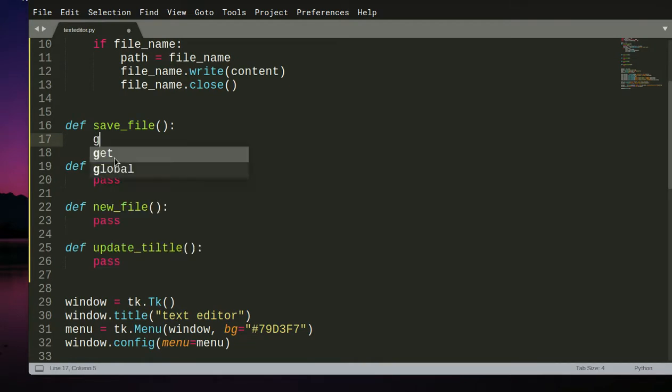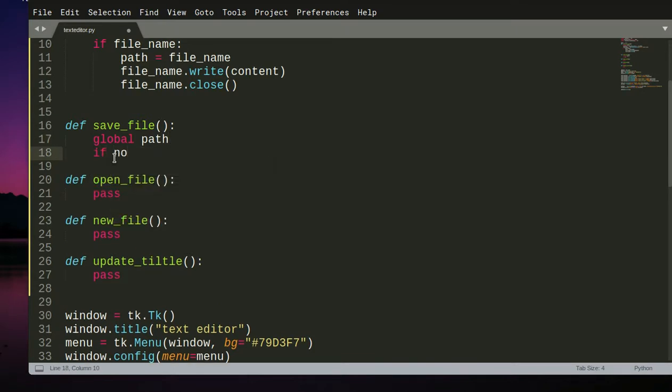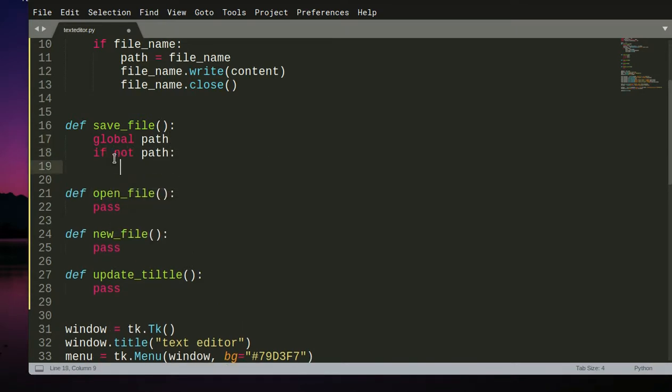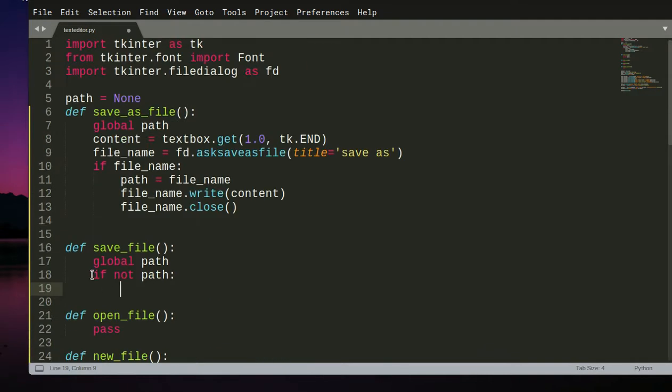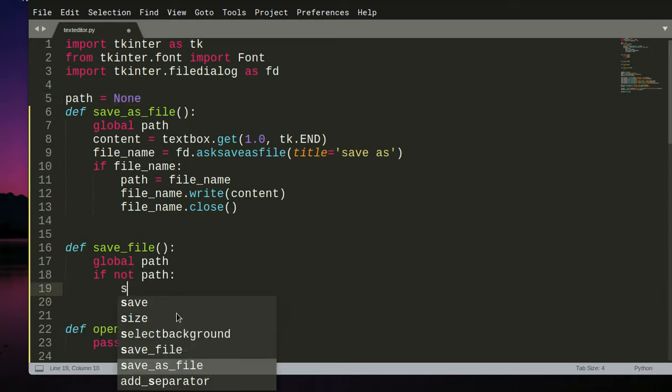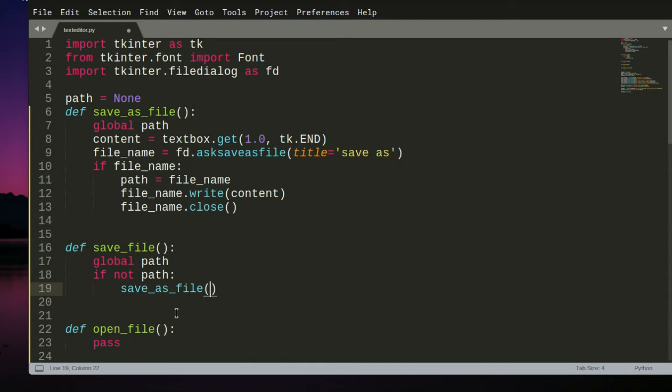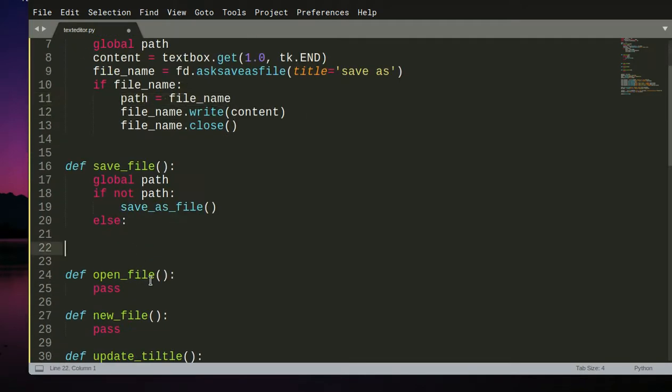So now that I have our save as file, let's create our save file function. So again, global path. So if not path, what we are saying here is if path is none, right? So if not path, that means if path is not present, that means it is none. We should call the save as file instead. And else, if path is already set right here, we want to just